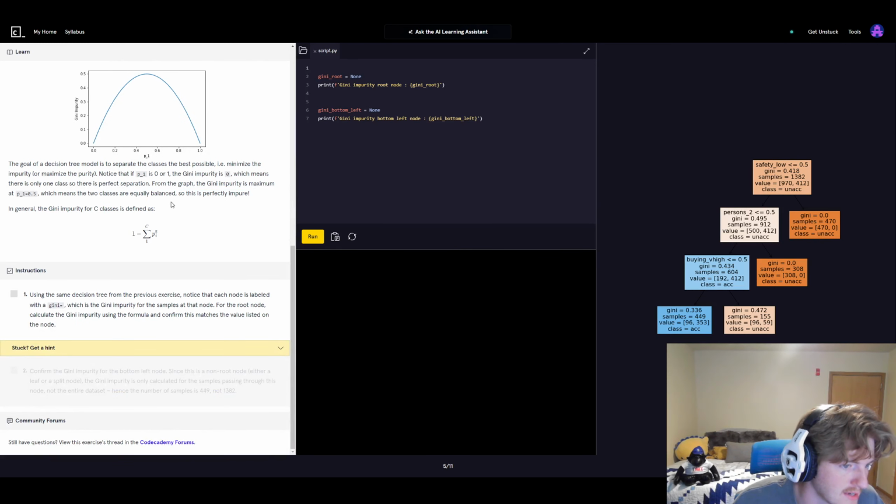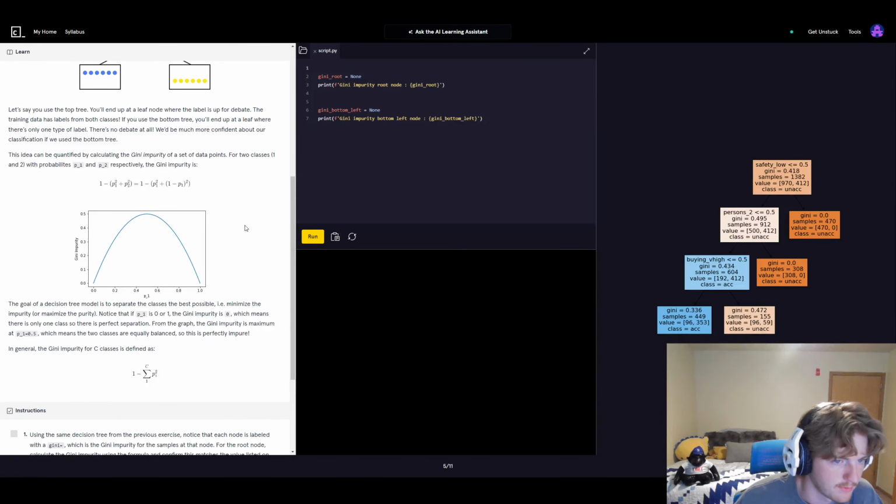In general, the Gini impurity for class C is defined as 1 minus the sum of the probability squared. Using the same decision tree from the previous example, notice that each node is labeled with Gini equals, which is the Gini impurity for the samples of that node. For the root node, calculate the Gini impurity using the formula and confirm this matches the value listed on the node. So it wants me to, for the root node, which is up here, calculate that Gini impurity. So to do that, we have this